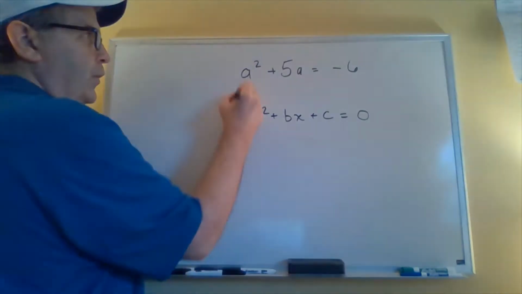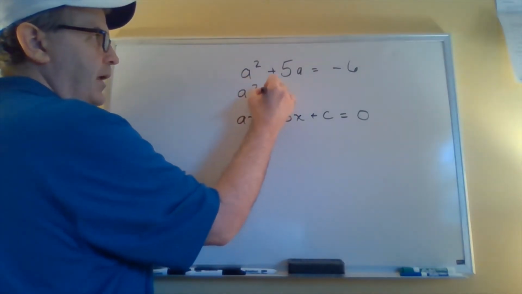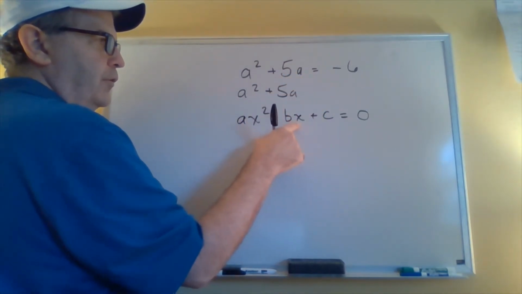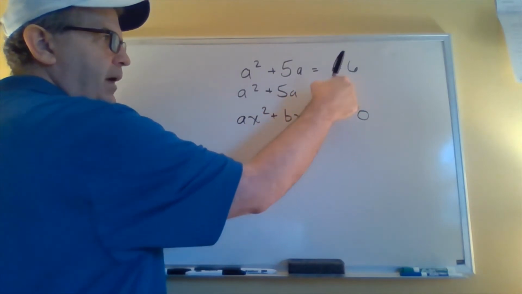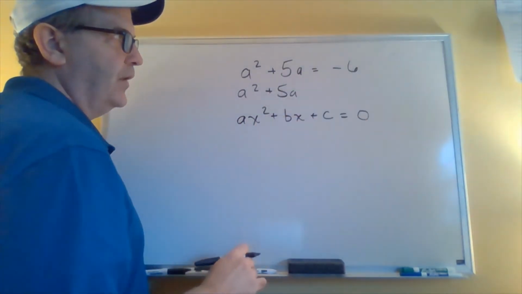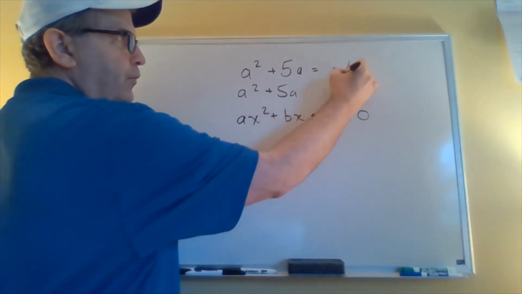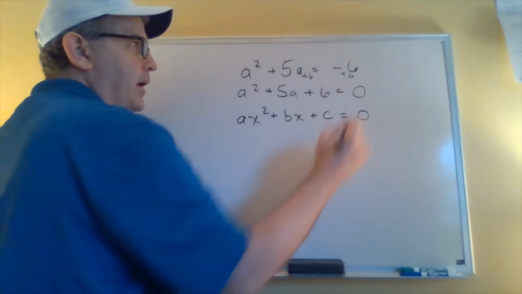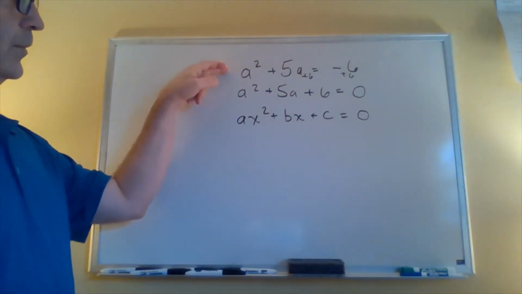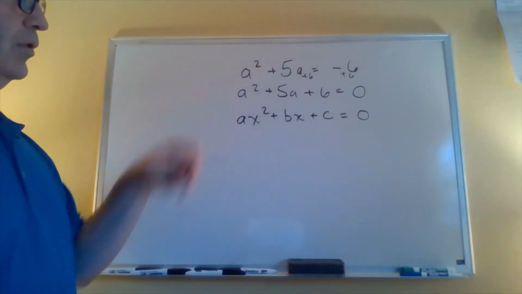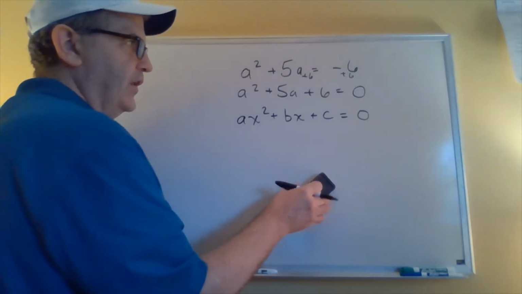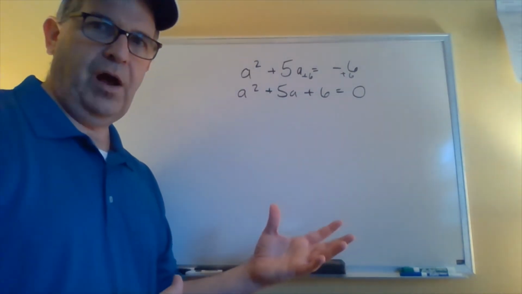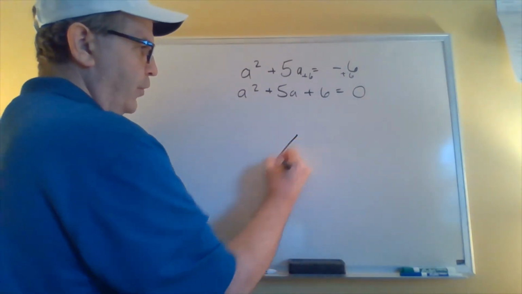So we have our squared term in front, that's great, and then we have this next term with our degree of 1 term here, but our constant is on the other side of the equal sign, so we need to bring that over. So I'm going to add 6 to each side. And when I rewrite this in standard form, I get a squared plus 5a plus 6 equals 0, which is exactly what we want. So now, if you remember those diamond problems we did back when we were learning this,